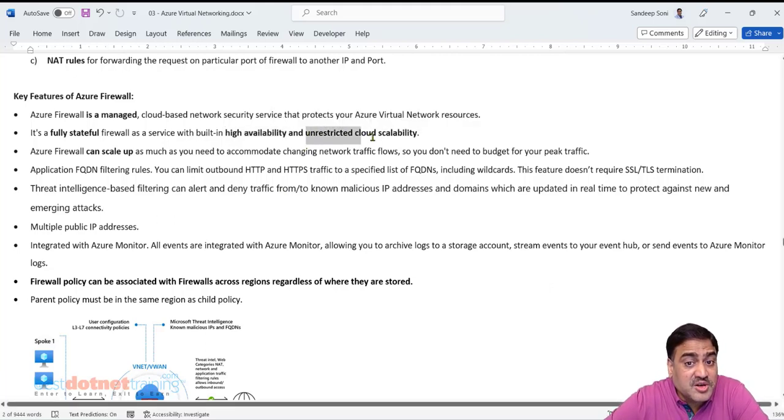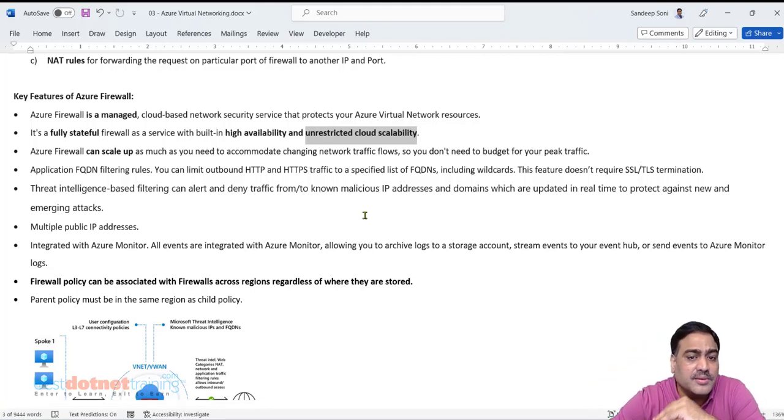And unrestricted cloud scalability. Any amount of requests coming in can be absorbed by the firewall, and the requests can go inside the network or outside the network. The inbound and outbound traffic is not limited to a particular number. That's what I meant by unrestricted cloud scalability.